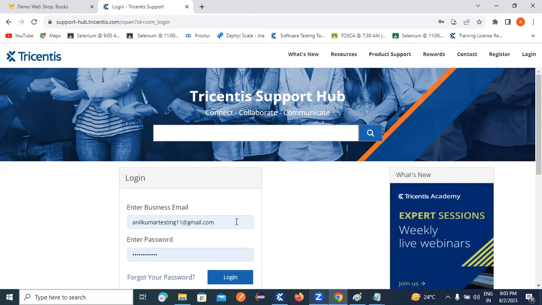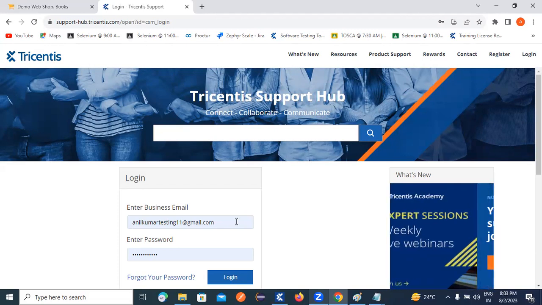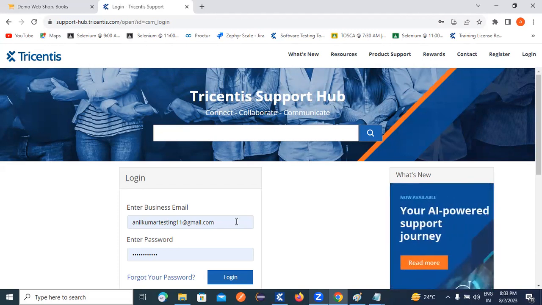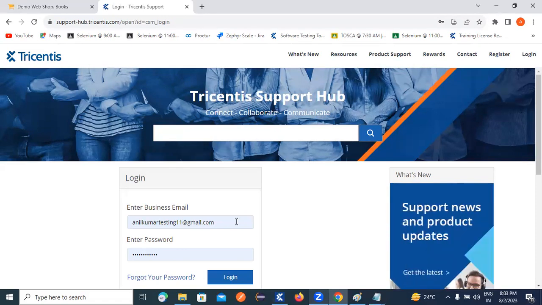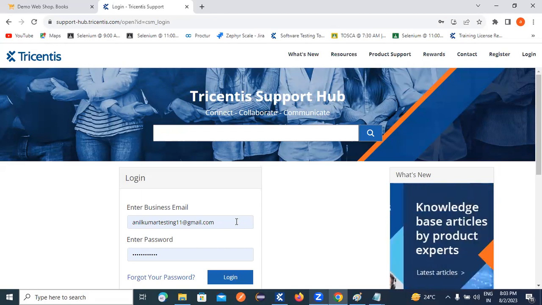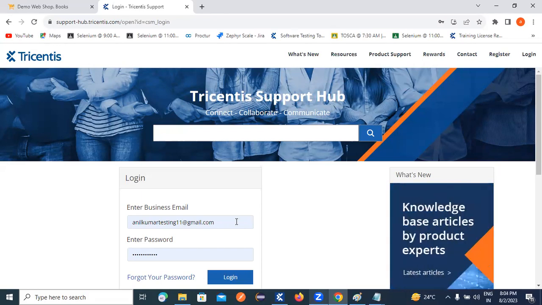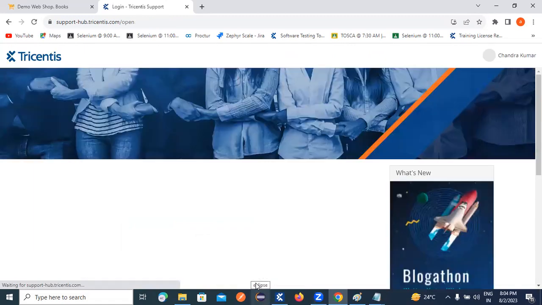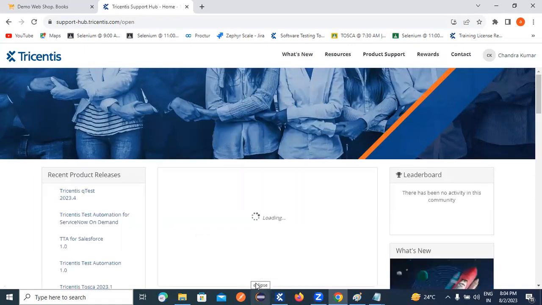See guys, registered credentials are nothing but whatever you provided in registration time. You need to log in to Tricentis by using registered credentials. Full stop. Once login is successful,